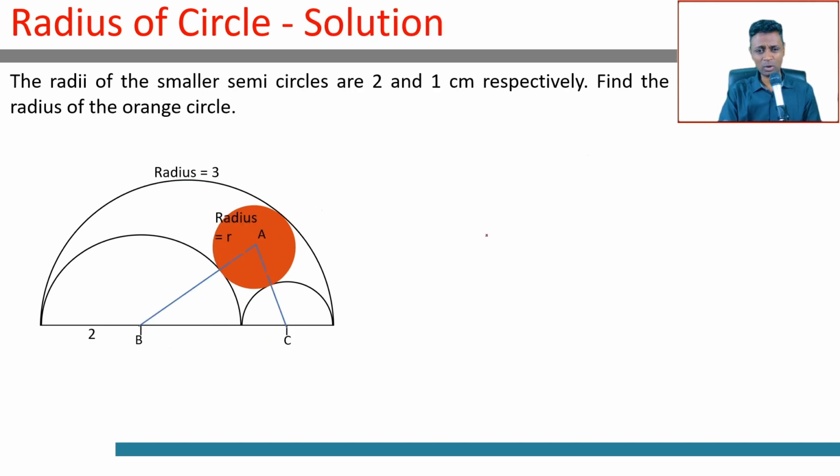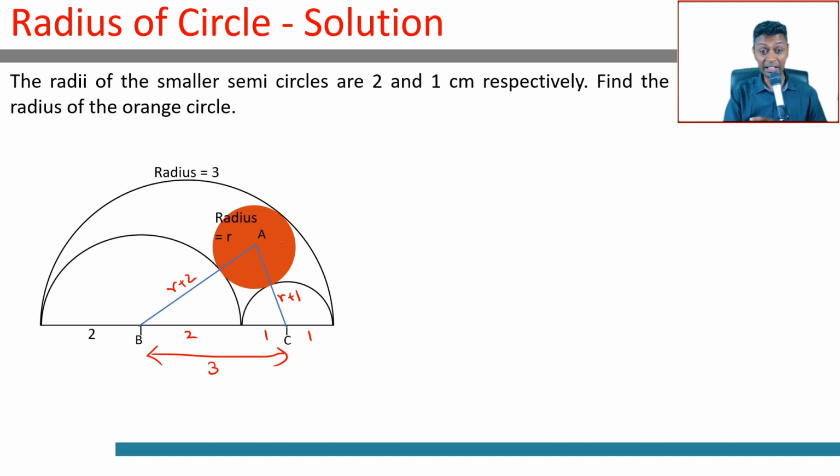Right? Let's mark out some territory. Let's mark this as A, B, C. This will be 2, this is 1, 1. This is 3. So AB would be r plus 2. AC is r plus 1. BC is 3. Now we've incorporated this, but we have not yet used the idea that the big circle touches